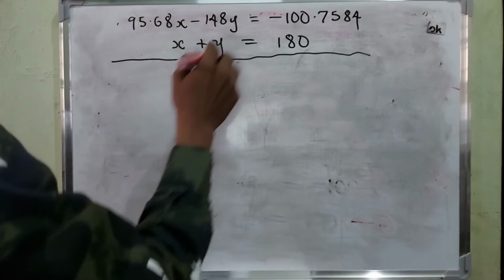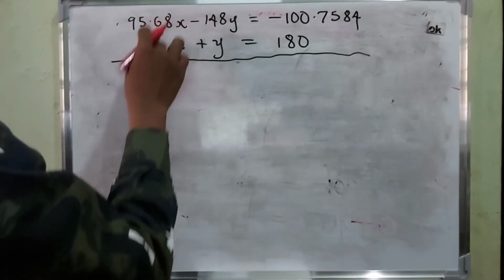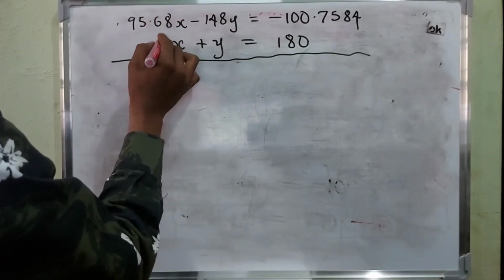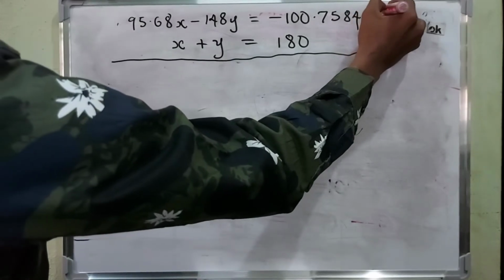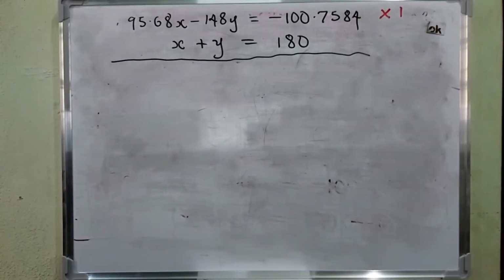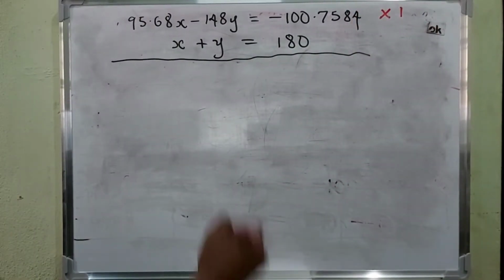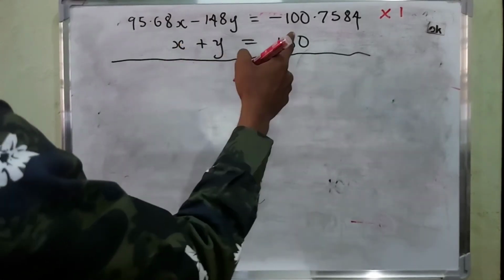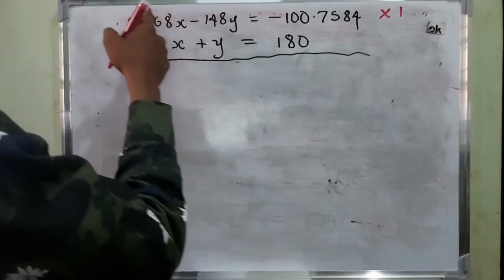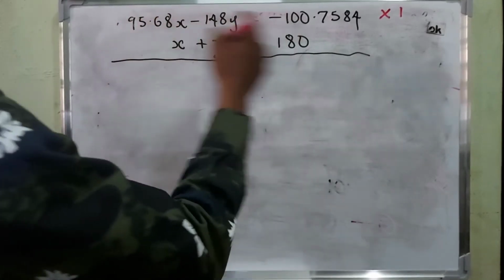The coefficient of x in this second equation is only 1. So I'm going to multiply the equation at the top by 1, then multiply this second equation by the coefficient of the first, which is